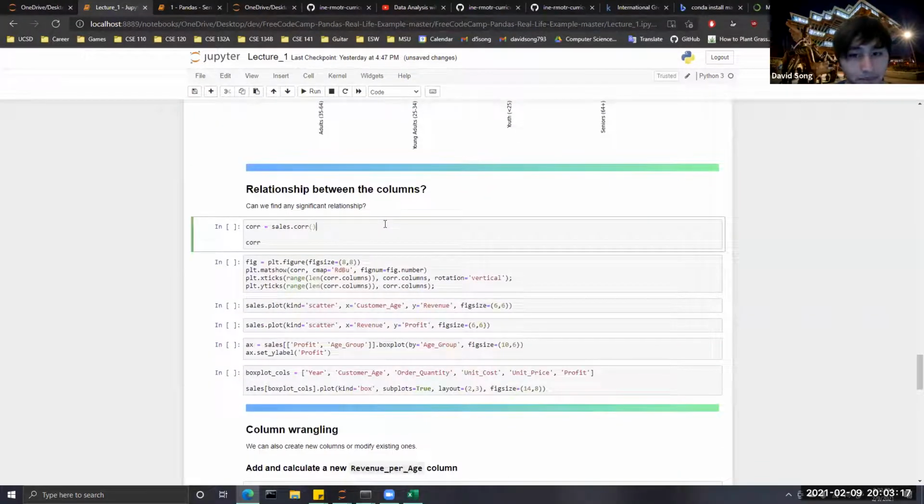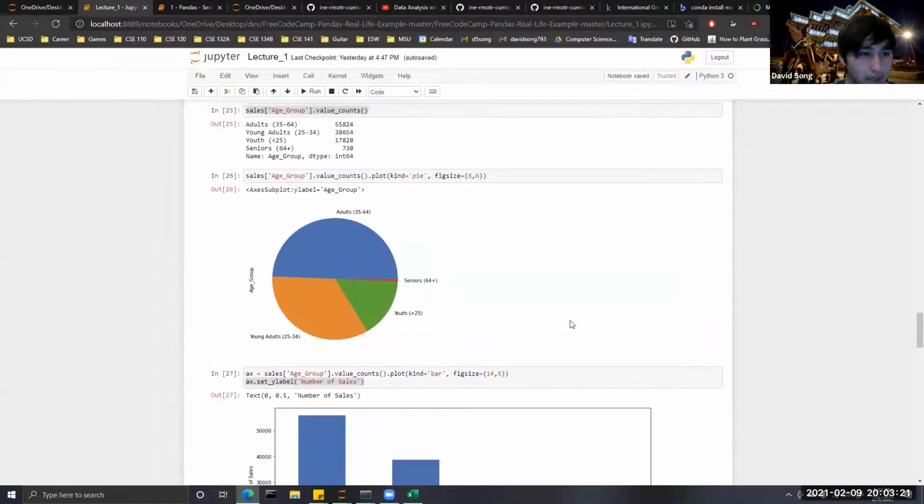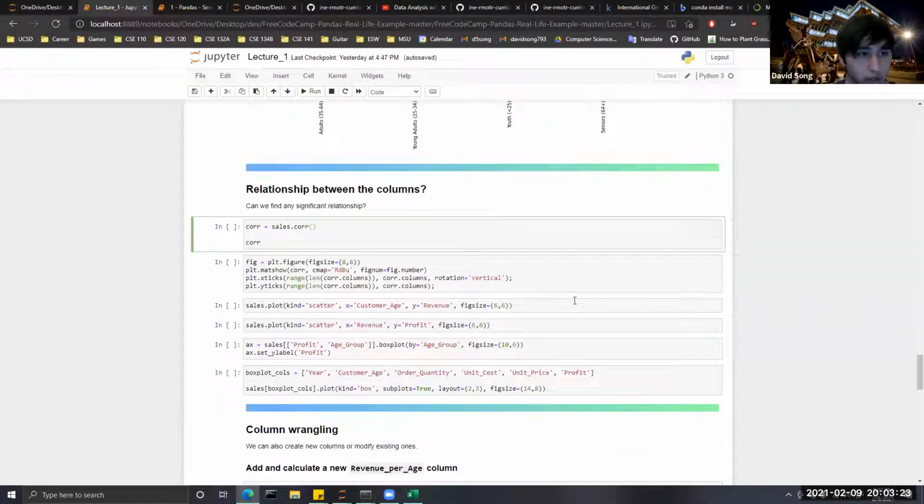So one thing that we mentioned before was trying to find relationships between data and trying to draw information from it. Well, one important piece of information is obviously relationships between two things, and correlations. So we can use the function correlation, and that will